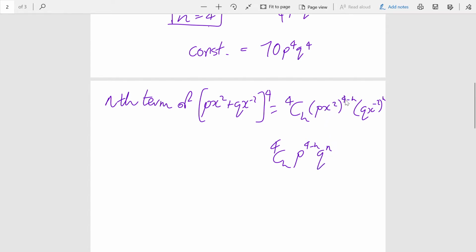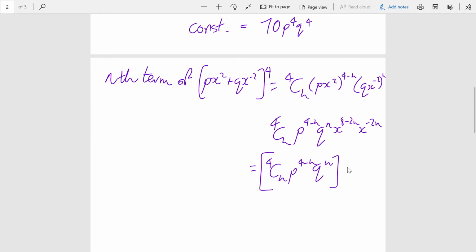And then x squared to the power of 4 minus n, you do the multiplication, you get x to the 8 minus 2n. And here, x to the power of minus 2 to the power of n is x to the power of minus 2 times n, so x to the minus 2n. If we push all the numbers to one side and multiply these exponents, we add the exponents together, and we get that the nth term is 4 choose n, p to the 4 minus n, q to the n,